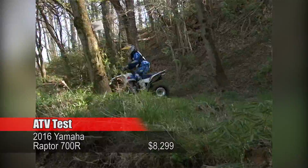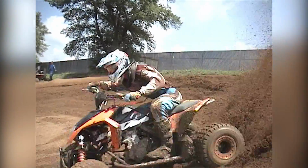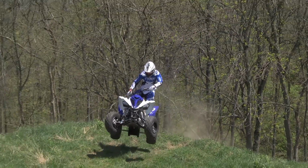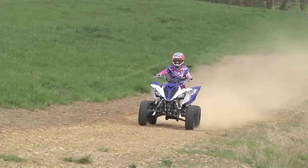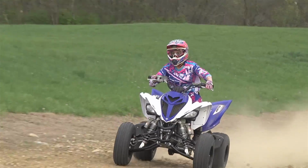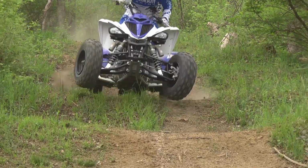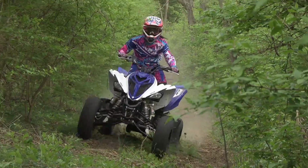A great rider can ride any sport ATV well, but few machines make almost any rider or riding experience better. In our 2014 in-depth review of the Yamaha Raptor 700R, we found it to lend itself beautifully to most any adult-sized rider with a little off-road experience. The Raptor's phenomenal performance and handling thrill the highly experienced, while its rideability provides a novice with the confidence to